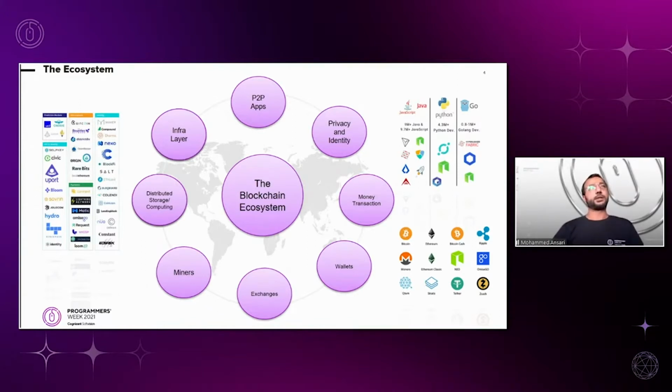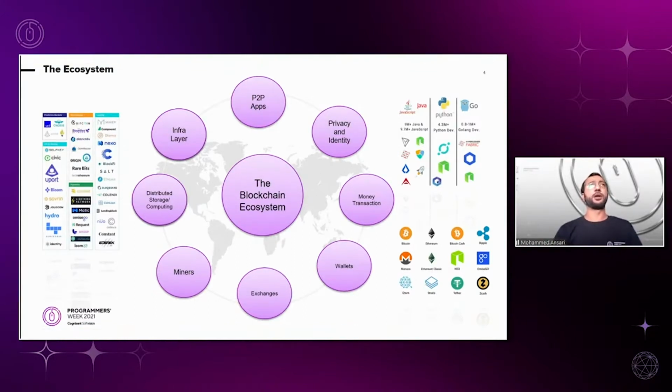And then in this ecosystem, there are other entities, like a very important thing called a crypto wallet, which is essential in order to deal with a blockchain network. And you have some hardware as well in the picture. When you learn more about Bitcoin in the discussion, you'll see something called an ASIC that miners use to establish the consensus in a Bitcoin network. ASICs are hardware designed specifically for the purpose of mining Bitcoins.